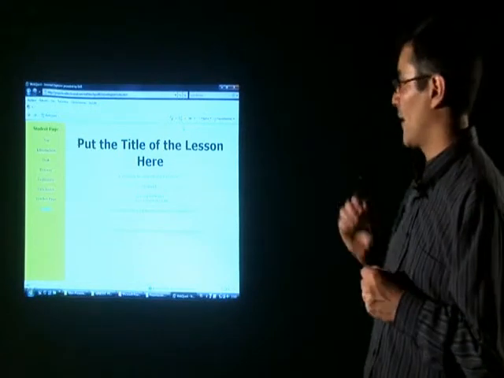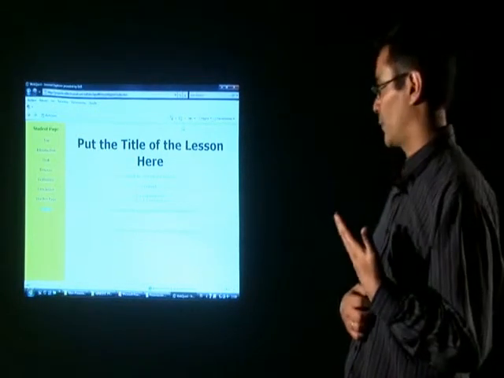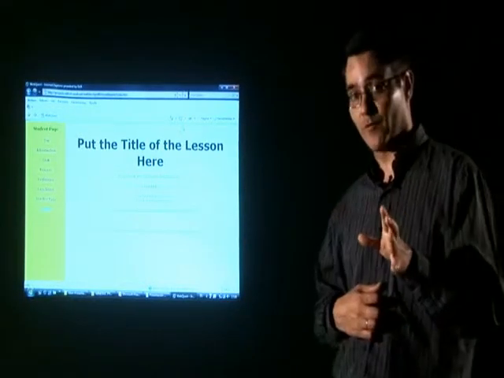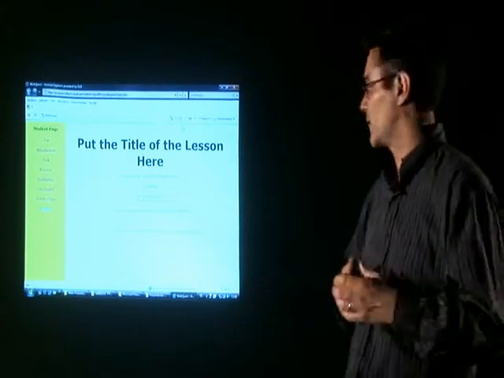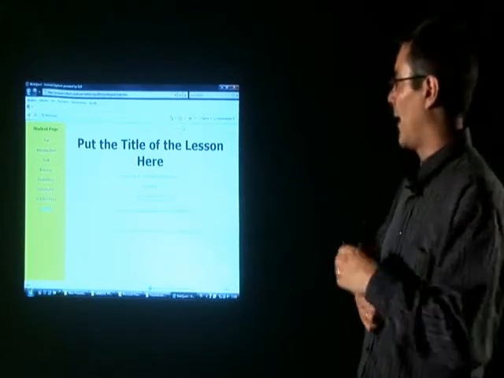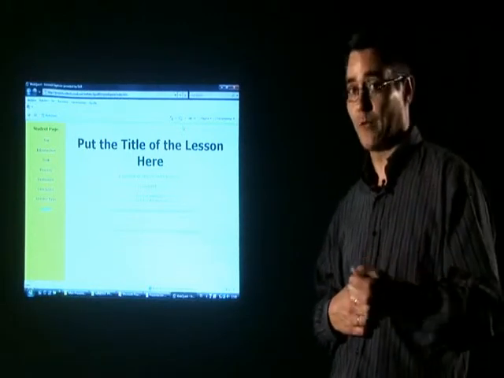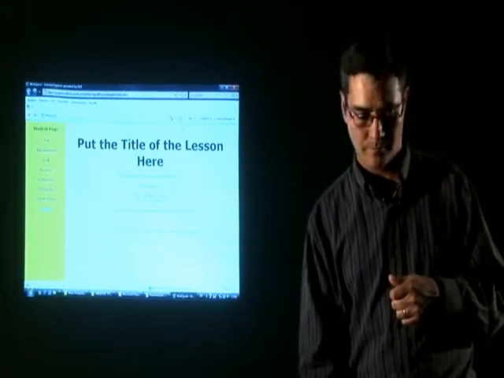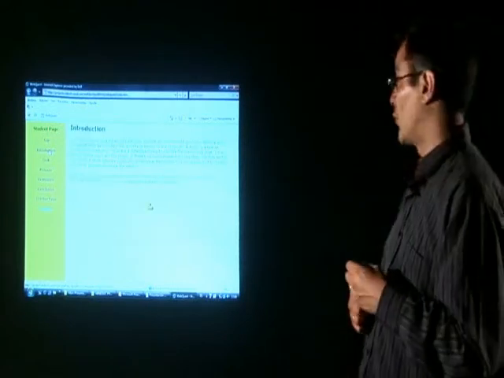As you can see on the left, you have a menu: top, introduction, task, process, all the different stages in the web quest, and all of them are clickable. So if you click on them, you will go directly to that stage of the web quest. And again, in the center, you have the indications of the instructions to follow in order to create the web quest. For example, you have the introduction,